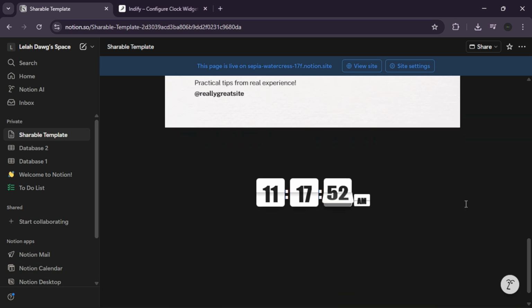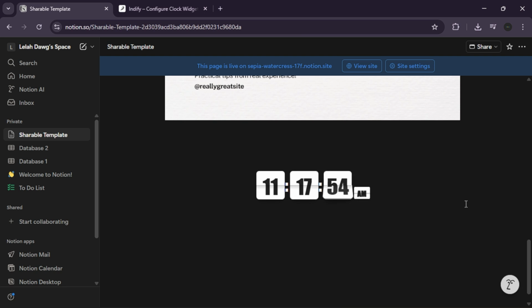The best part, since it's a live embed, it will keep ticking accurately even if you're using the Notion mobile